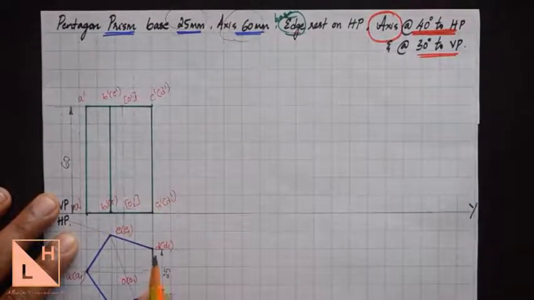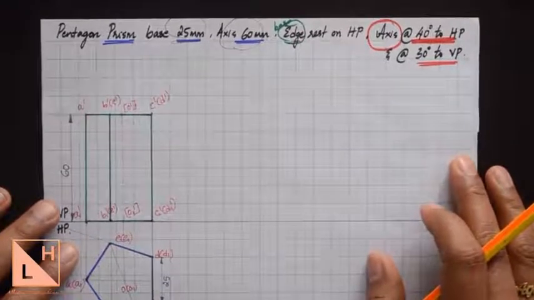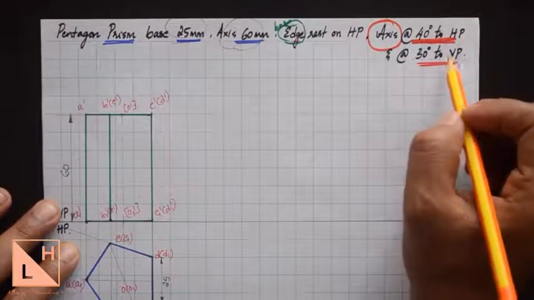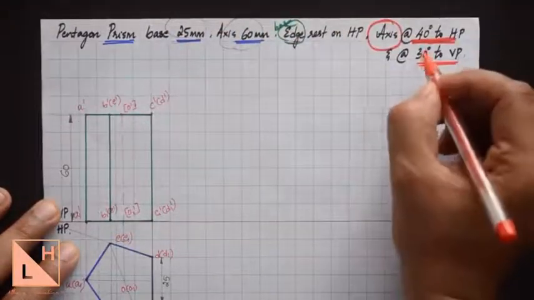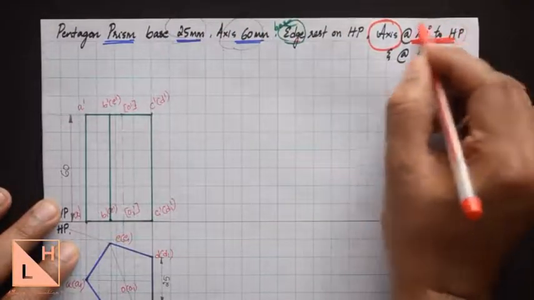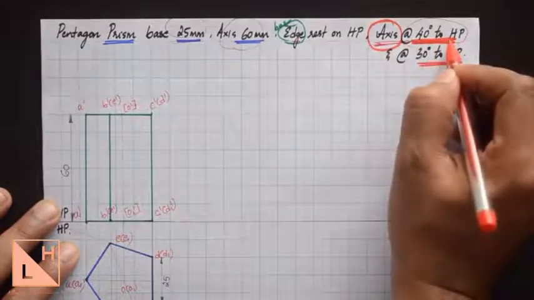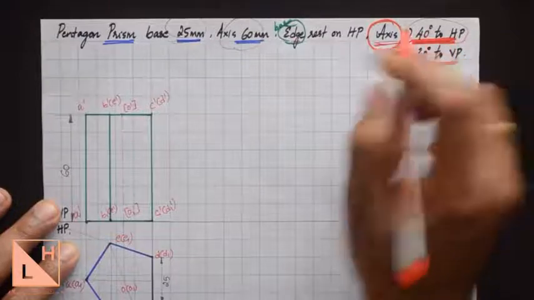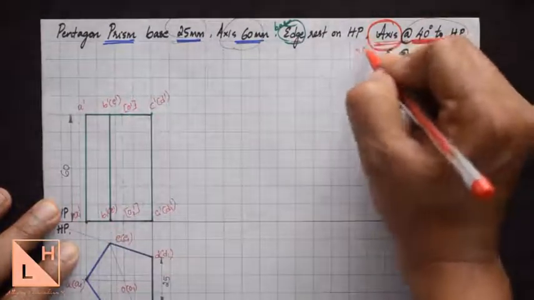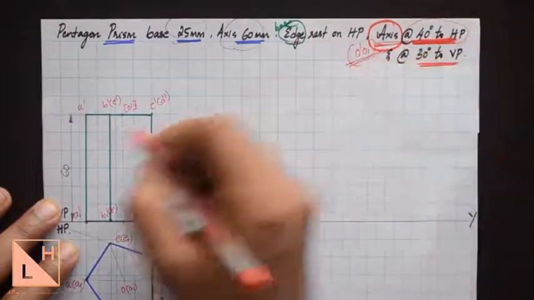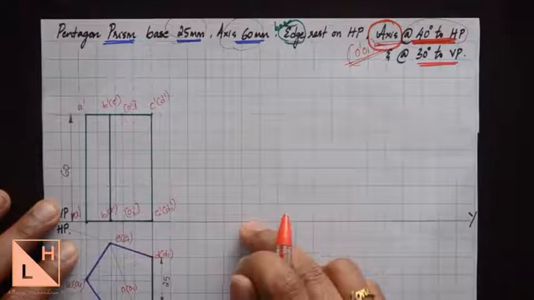on the horizontal plane. So you need to take the condition with respect to horizontal plane first, and then you can go with the condition with respect to vertical plane, that is VP. So here we have the condition with HP as 40 degree to HP, and axis is the one which is being inclined at 40 degree to horizontal plane. So right now the axis is actually named as O dash O1 dash, and we can see here the axis is right now vertical with respect to the XY line in the first position.